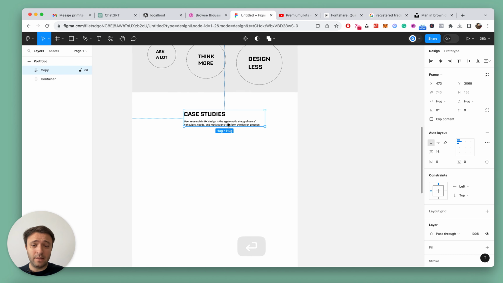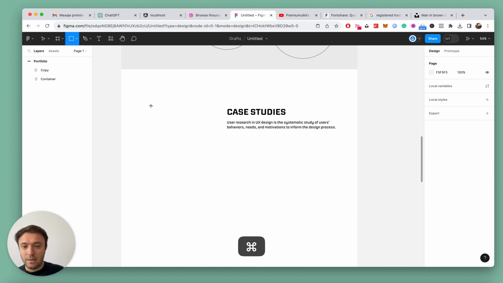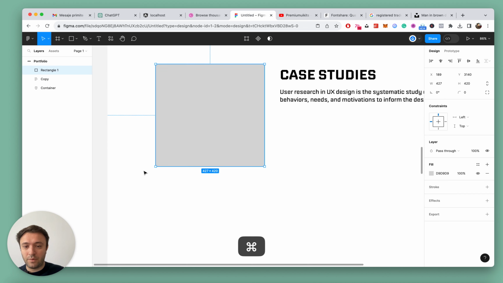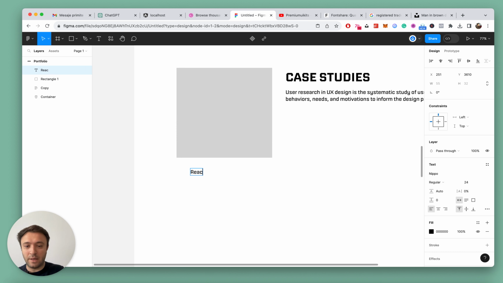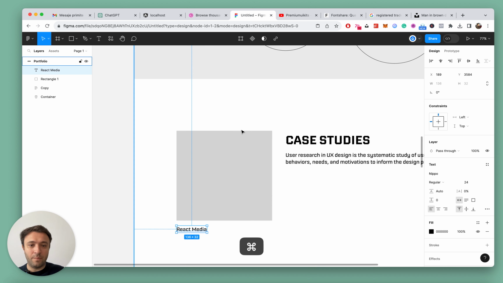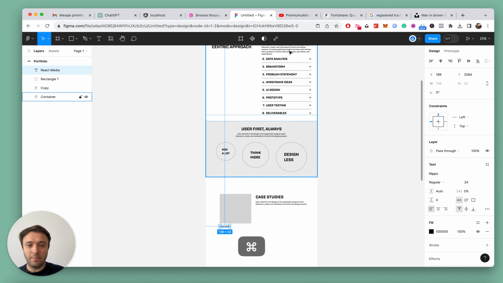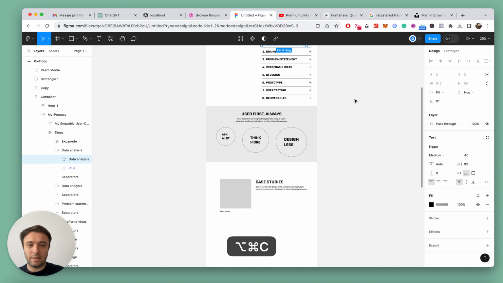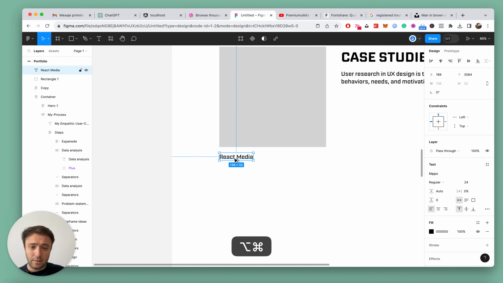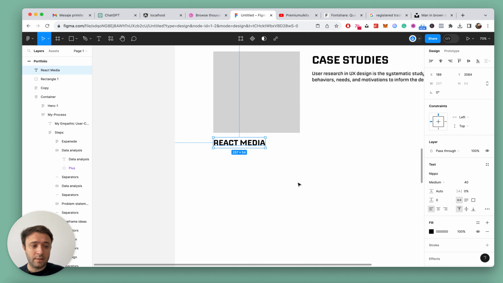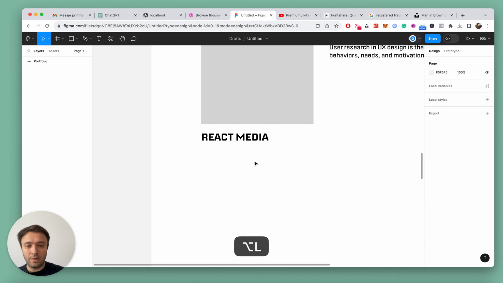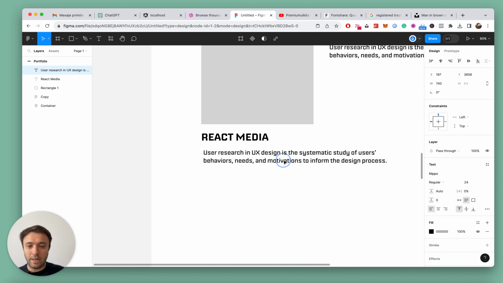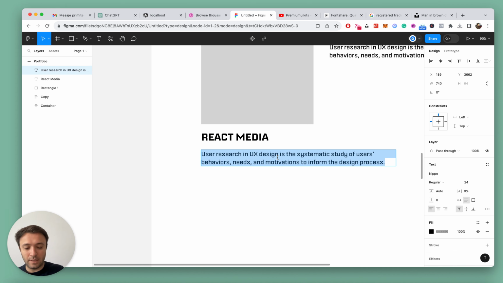And let's add our projects, our use case studies. I'll create a rectangle, and usually the project name, something like React Media. This is a website of one of my friends that I did in the past. Let's copy the styles from that headline. Let's copy from here. Let's add the paragraph, a short description. What I did on this project was something like research,